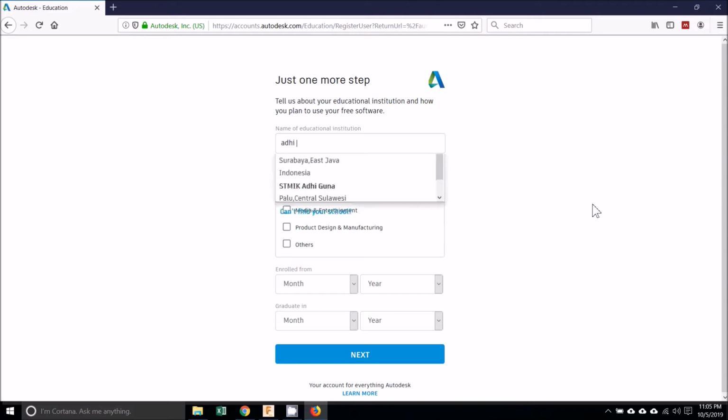Type the name of the educational institution. Select the area of study.